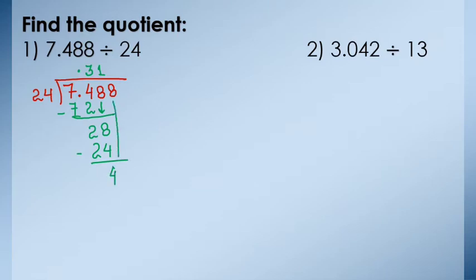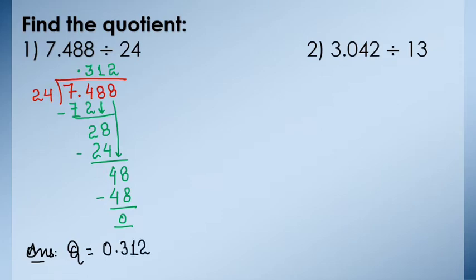Bring down 8. 24 twos are 48. Subtract these numbers. Remainder is 0. Therefore, the quotient is 0.312. The next question is